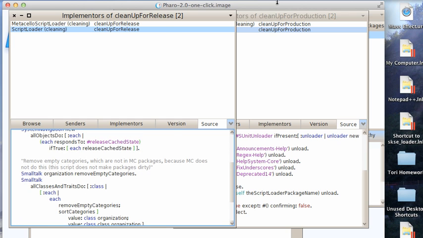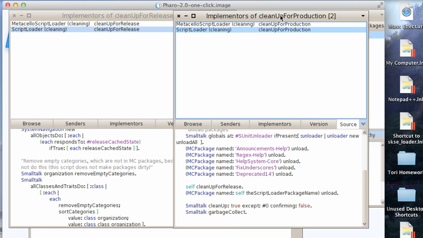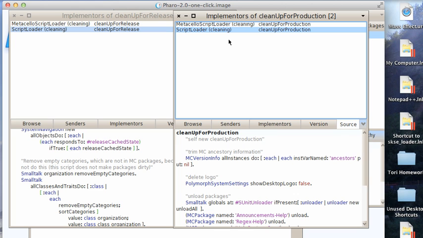Likewise, if you're getting ready to deploy something, and I would again suggest that if you do this, just like I've made these suggestions for VisualWorks and VA Smalltalk, make sure you start from a clean image. Don't start with an image that you've been working in development. You'll have artifacts. But having said that, if you come in here and use cleanupForProduction, it does a